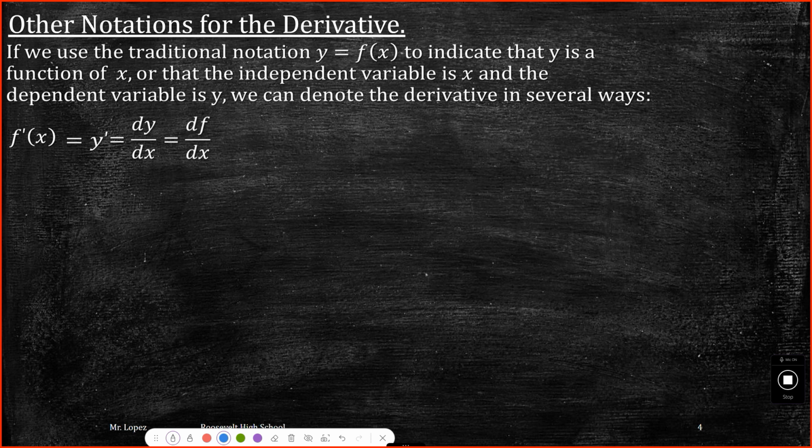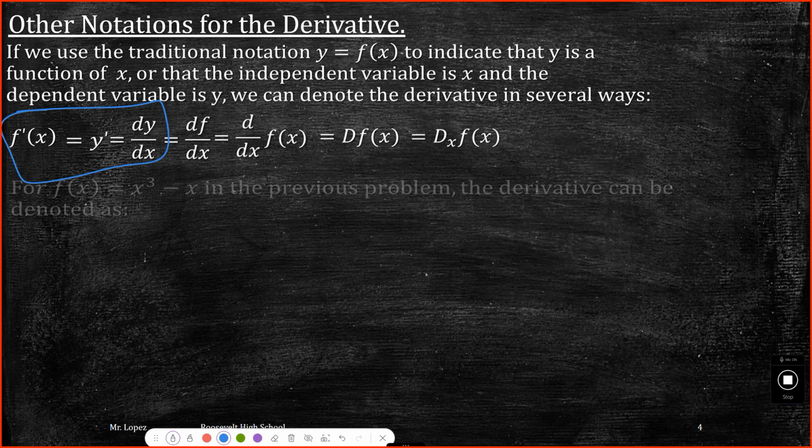df dx. Now these are getting out of hand over here. We usually just stick to these notations here. df dx, rarely do you see that. I'm just giving you all these other ones from the book, but they really are rarely used. These are the notations that are mostly used. So for the one derivative we just did, f of x is x cubed minus x. In that previous problem, the derivative can be denoted as f prime of x equals